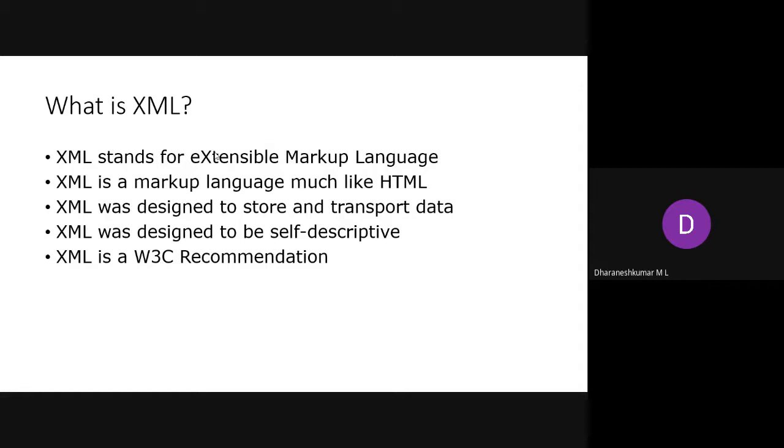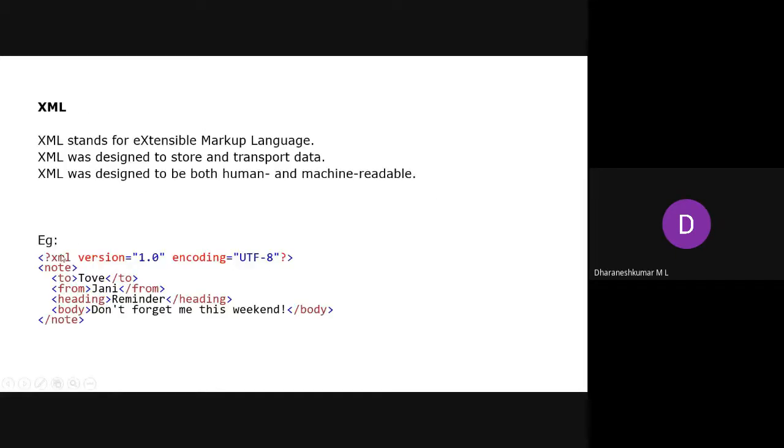Store and transport data. XML was designed to be self-descriptive. Suppose if I read this document, it is self-descriptive, meaning it contains a note from, to, the heading, the reminder, the body. In the specification we have specified the body, don't forget me this weekend.